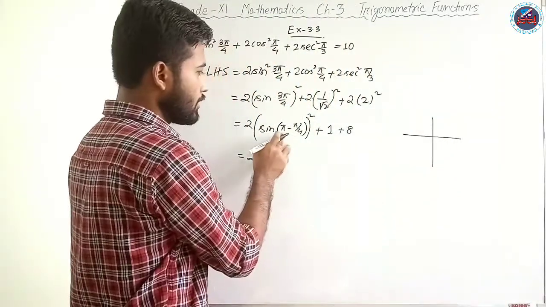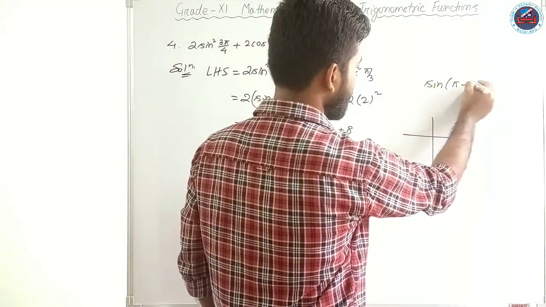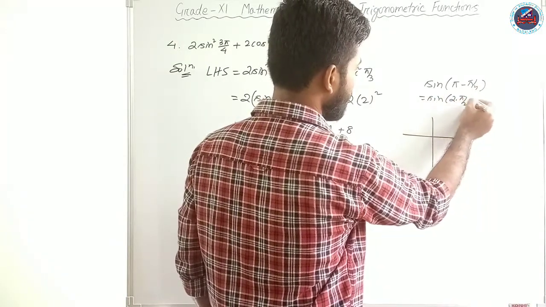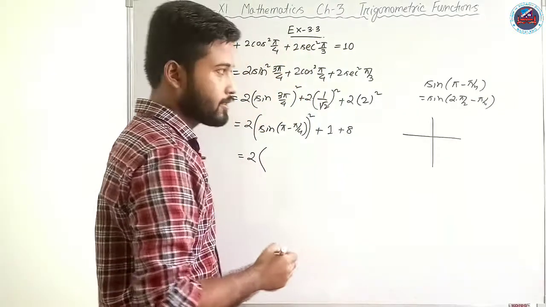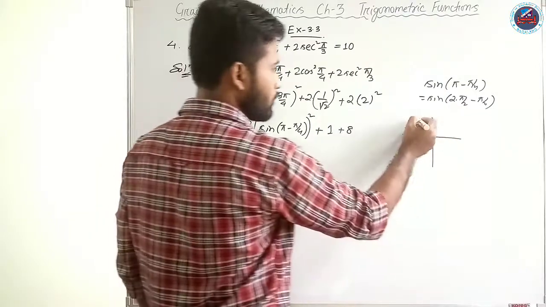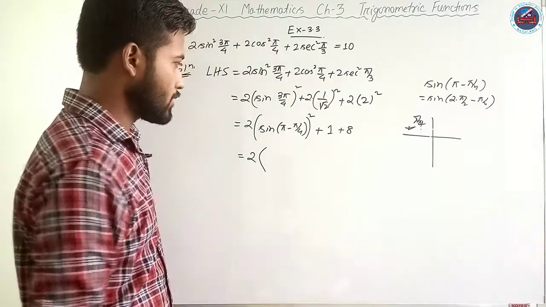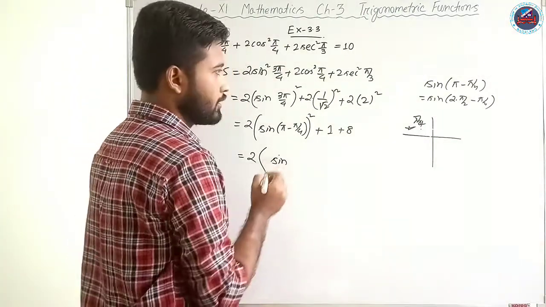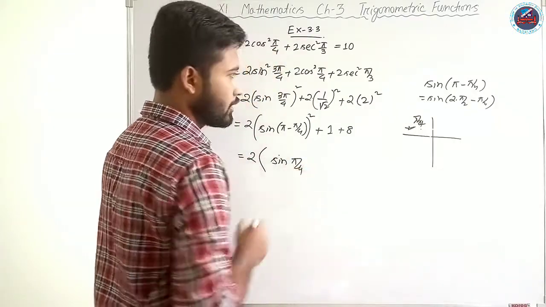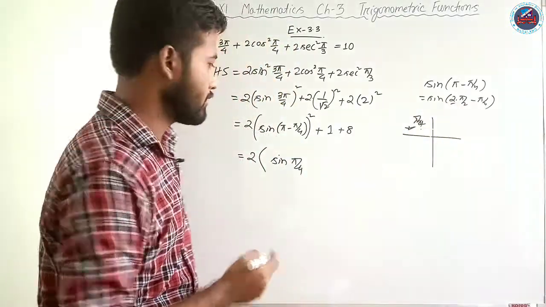Here we have sin of (π minus π/4), that is sin of (2 into π/2 minus π/4), isn't it? So 2 into π/2 means first quadrant, second quadrant, it lies here. The angle lies in the second quadrant, and we know that in the second quadrant sine is positive. So we shall write a sine here, and this will be positive, and the π/4 will come here. And one more thing is that since it's an even multiple of π/2, sine will not change.